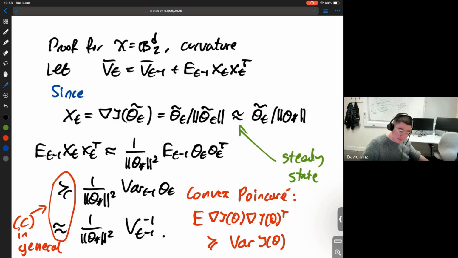Consider this is the expected increment in the design matrix given the sampling distribution of theta tilde t. And you could imagine having an alternative sum of expected design increments matrix. This is this V bar T, as opposed to the VT matrix, which is the realized XT outer product.